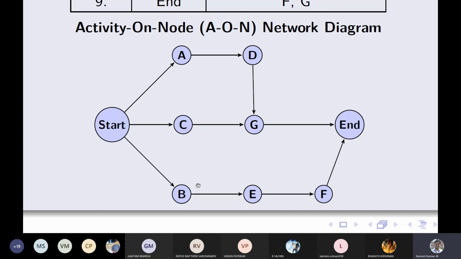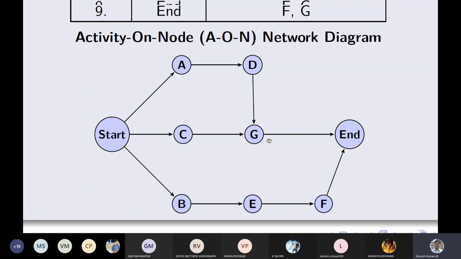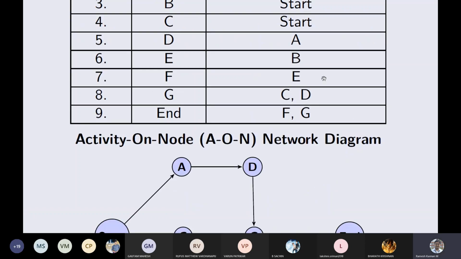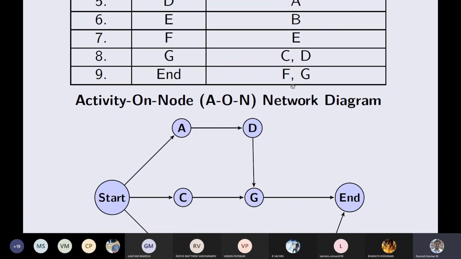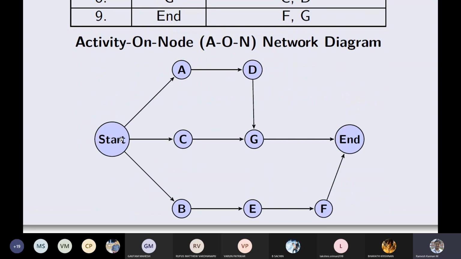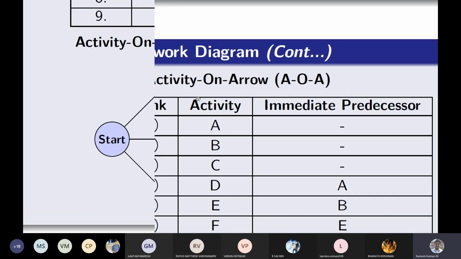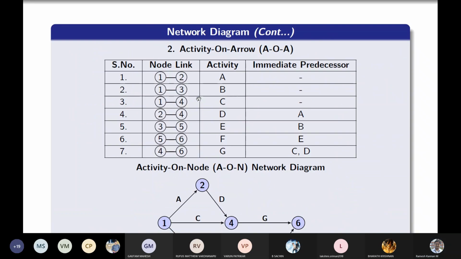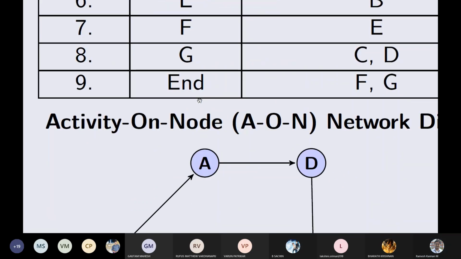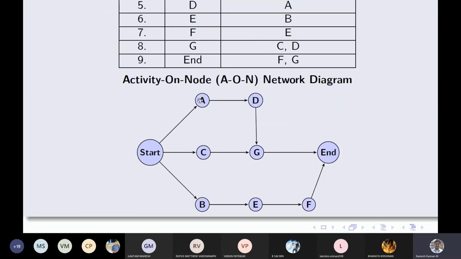Activity E has a predecessor of activity B, which is invariably start, comma, B, the predecessors of activity E, right? Then activity F depends on activity E. So F depends on E, which means invariably start and B. F depends on start, B, and E, right? So that's how it is.